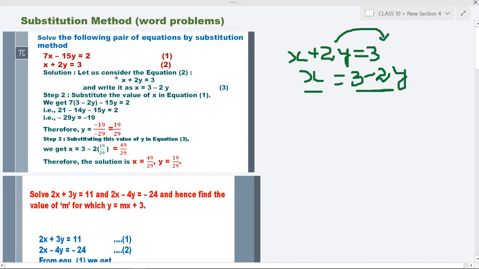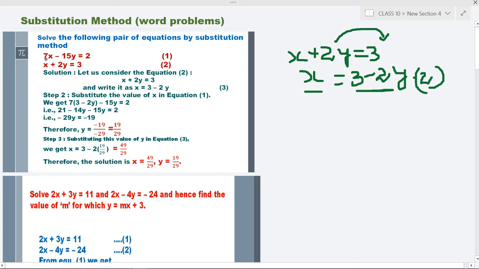It is like if you are going to a bank to withdraw some money and after some time you are going to the same bank to deposit the same money. Then what work is done? No work has been done. Similarly, here you are withdrawing x from this equation 2 and then you are replacing it again in the equation 2. Then you are doing nothing for the sum. So be very careful. We are taking this x from equation 2. Then we will replace it in equation 1.